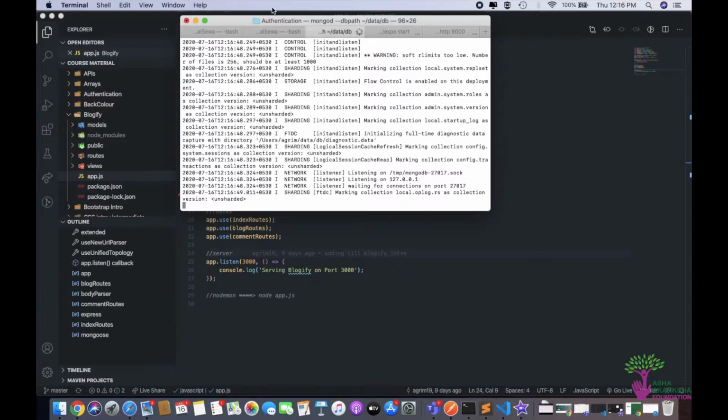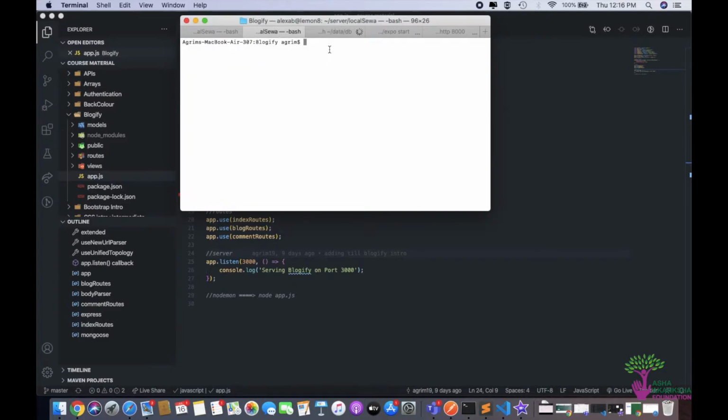Great, so Mongo daemon is now running. Excellent. So now in the Blogify, first off, we'll have to install Passport, the packages